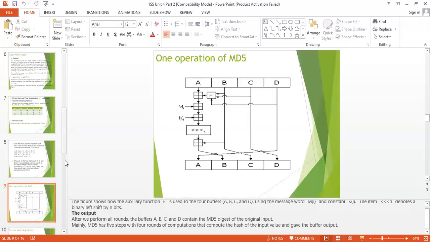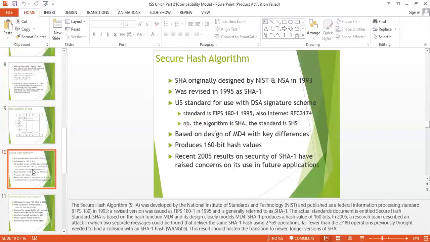After this, we discuss the secure hash algorithm. The secure hash algorithm is also a one-way hash algorithm used to create a digital signature. SHA-1, SHA-2, SHA-3 are the basic versions of the secure hash algorithm, and SHA-1 is the upgraded version derived from SHA, developed in 1993 and 94 at NIST and NSA.